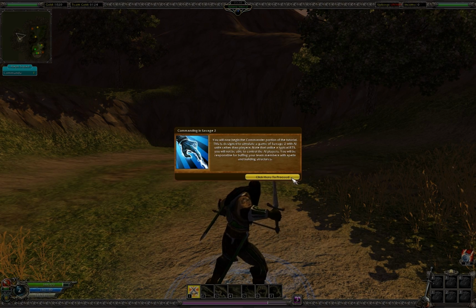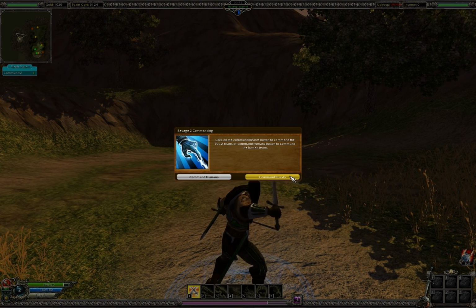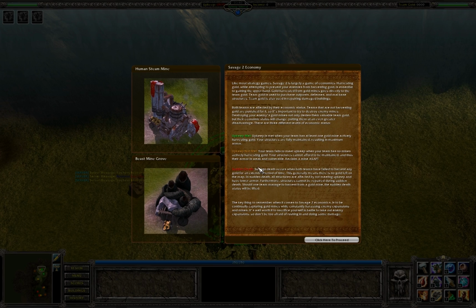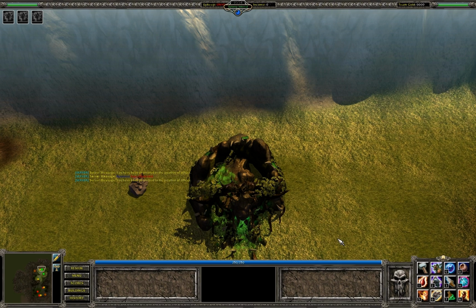You will now begin the Commander portion of the tutorial. Click on the Command Beasts button to command the Beast team. Like most strategy games, Savage 2 is largely a game of economics. Harvesting gold while attempting to prevent your enemies from harvesting gold is essential to...